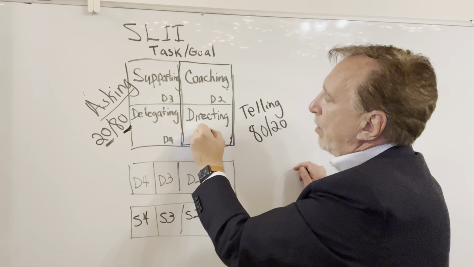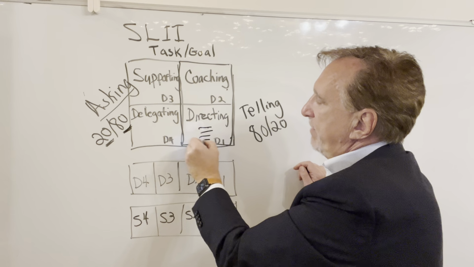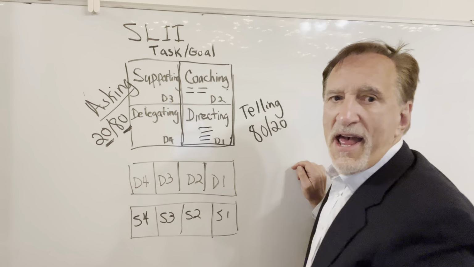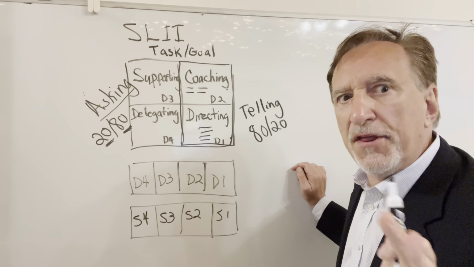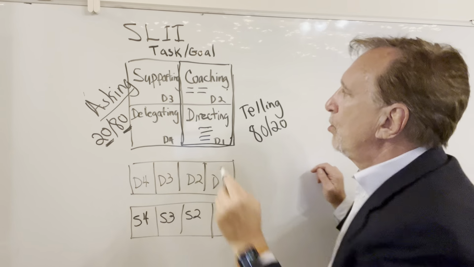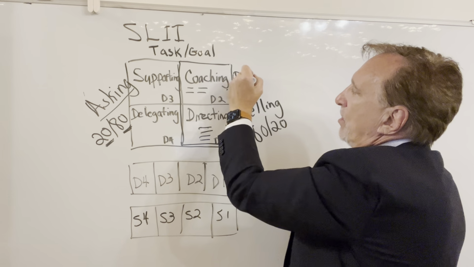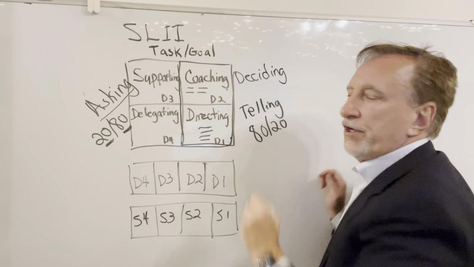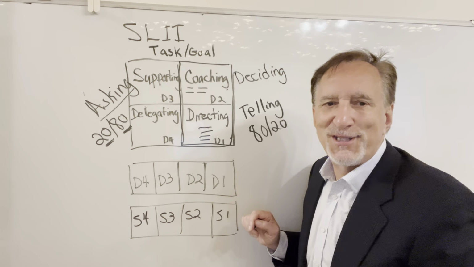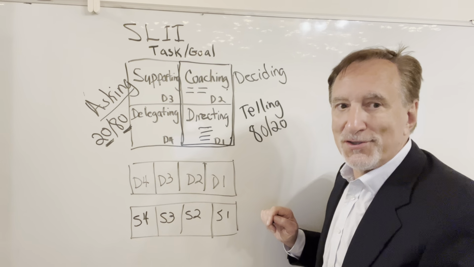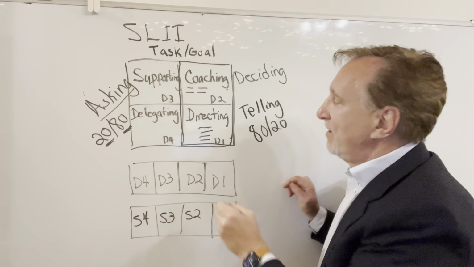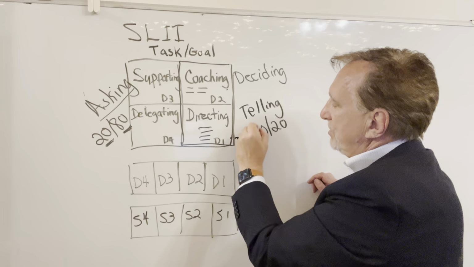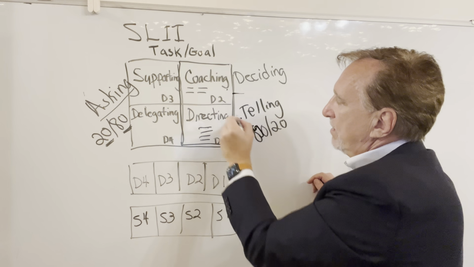Now, when you're going from here, you're giving directions. Here's a combination of directions and coaching and asking them what they think they should do, but you are still deciding what they should do. And that's the key. You are still deciding what they should do. You're still the expert. They're not the expert yet. You're deciding down here as well. So you are the decision maker. You're deciding in these two boxes.